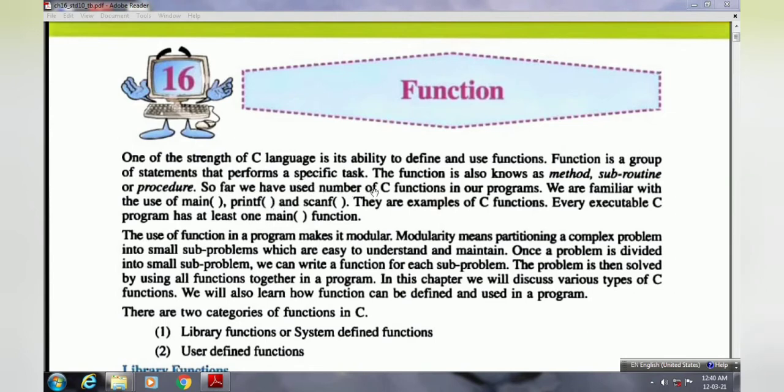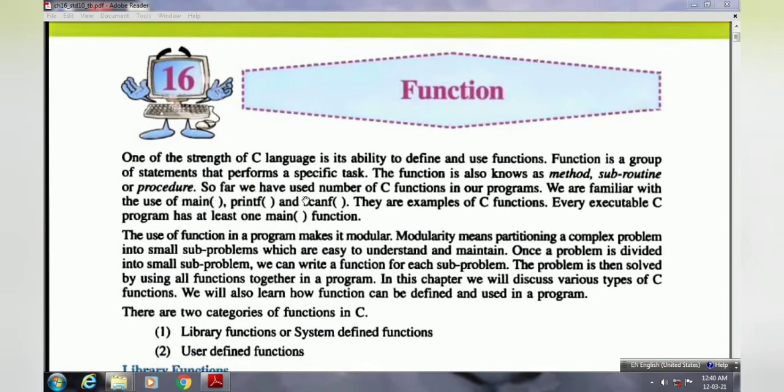So main is also a function, and these functions are used to reduce the size of our program by dividing it into other sub programs. These sub programs are known as functions. The function is also known as a method, subroutine or procedure. These are the other names of a function.